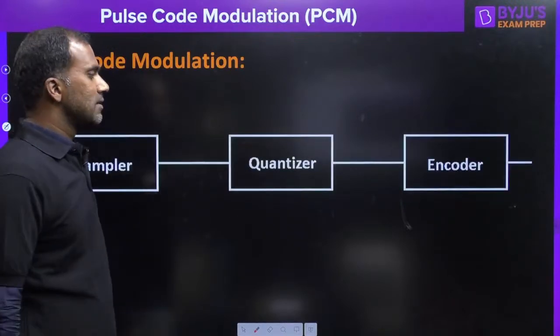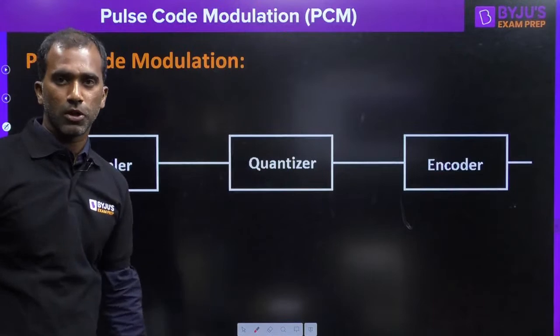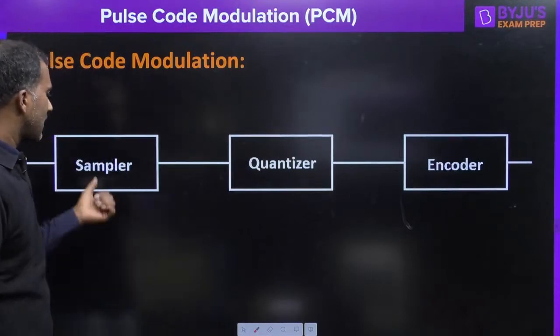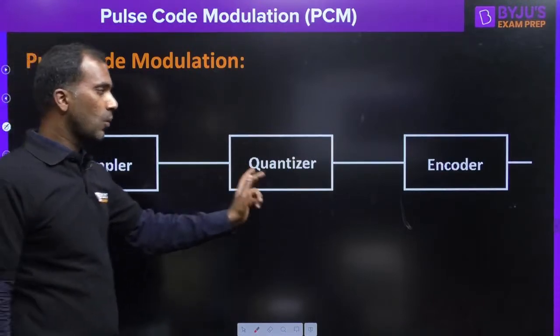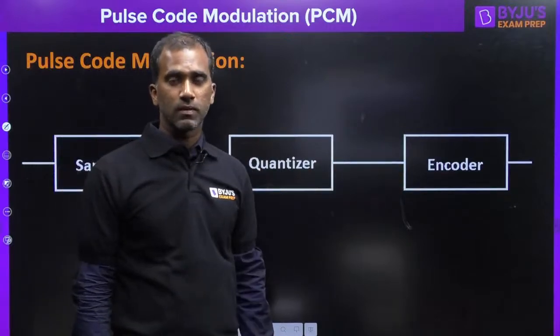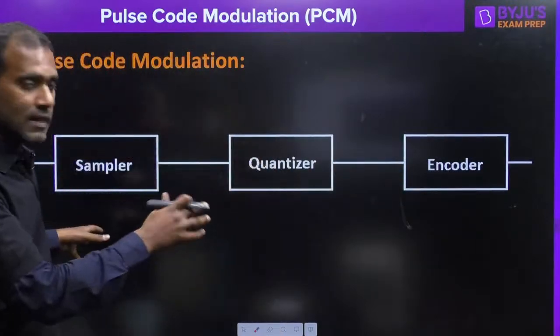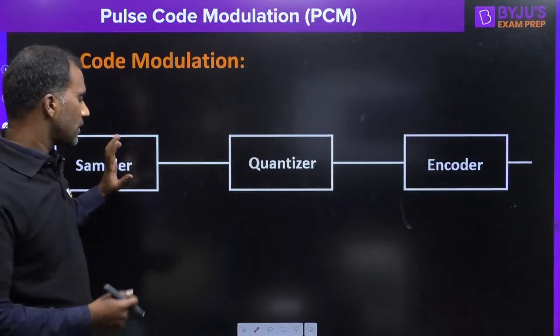Right. So this is the block diagram of pulse code modulation. What blocks do we have? We have a sampler, a quantizer, and an encoder. I'll discuss it as a whole at the end, but for now, in the next slide,